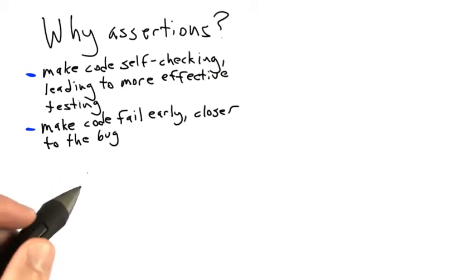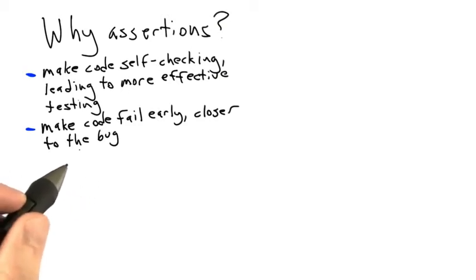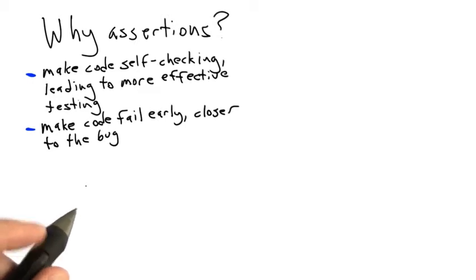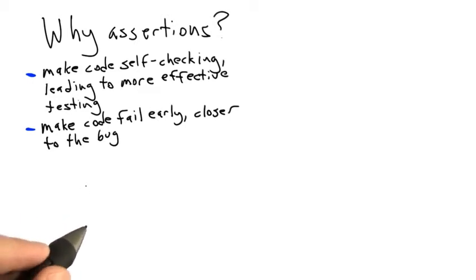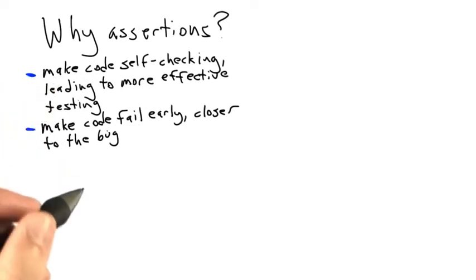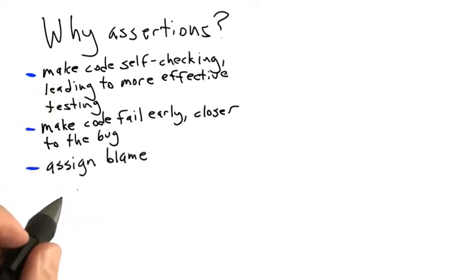And so this is more relevant to debugging than to testing, but it's generally the case that debugging is a difficult backwards problem where you're reasoning in a backwards sort of a way about the behavior of the software that you wrote, and the less steps there are in one of these backwards chains, the better, and assertions really can help with that. Third, assertions can help us assign blame.